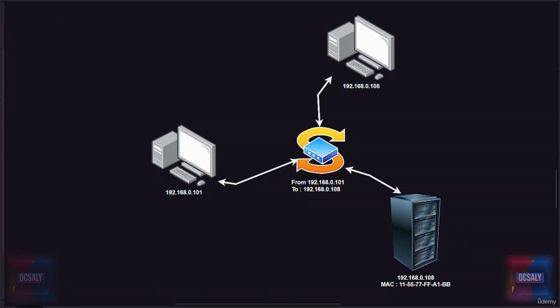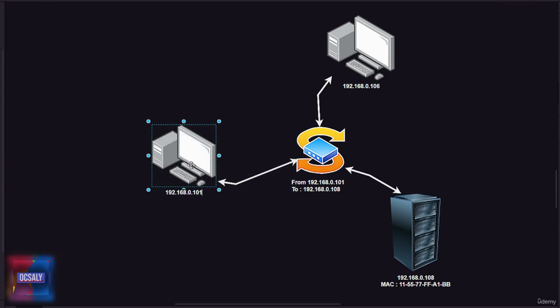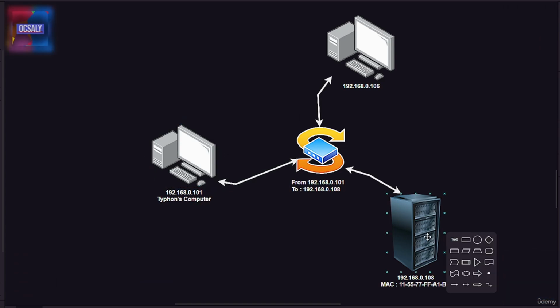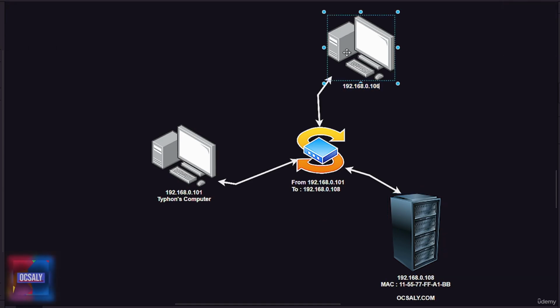Data transmission. Let's briefly look at how data is transferred from one node to another using the IP data encapsulation model. In this diagram, you are seeing a simple Ethernet network with the 3 nodes, 1, 2, 3. In this example, let's name this node Typhoon's computer, and let's make this one auxiliary.com, for example, Typhoon's network, right? In our laptop